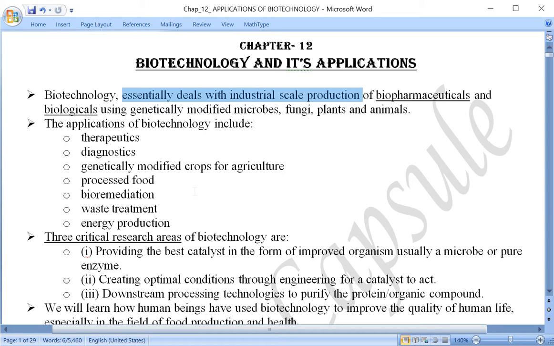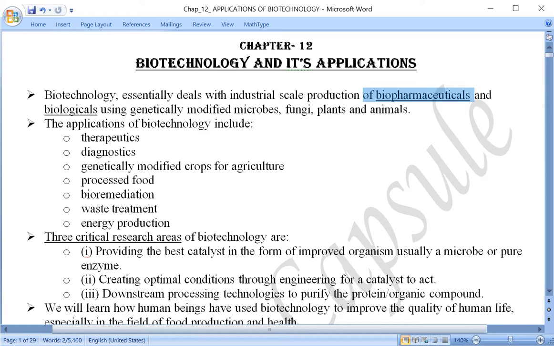How many people will be supplied with the product when it is produced at a small scale, like what I said, in a laboratory? It cannot be made available to a large population. So in order to make it available to a large population, these products are produced on a large scale, and that also in industries. And mainly what product are we getting here? Production of